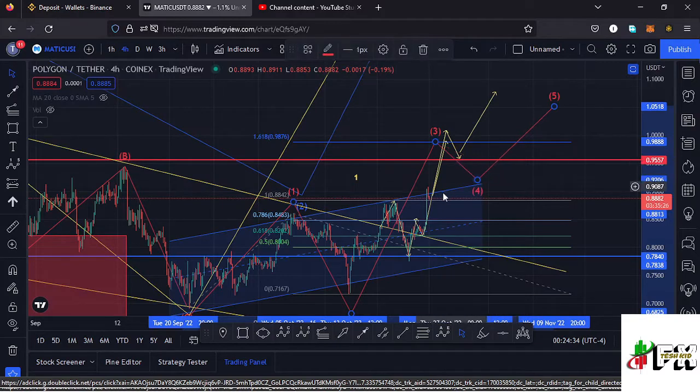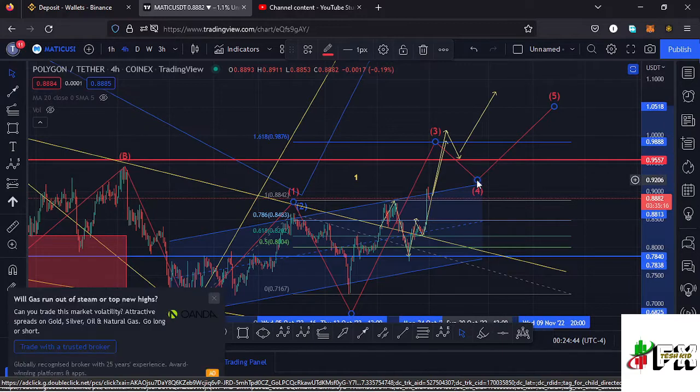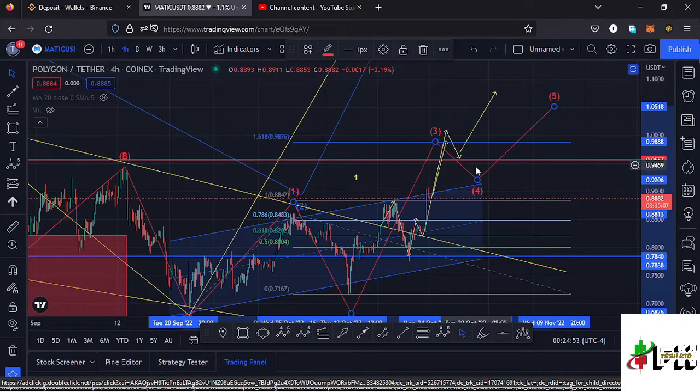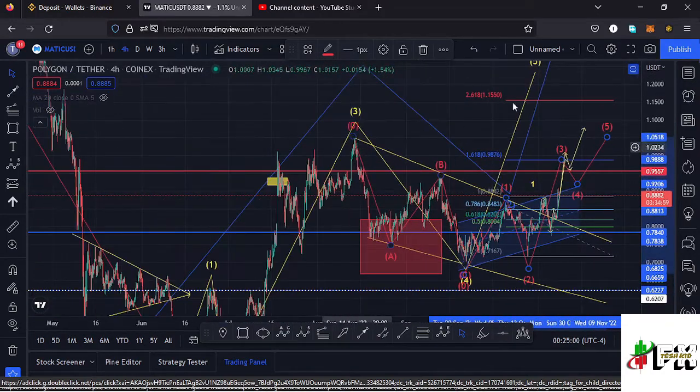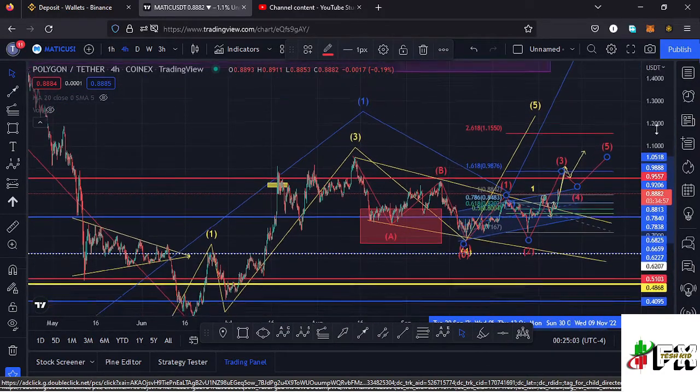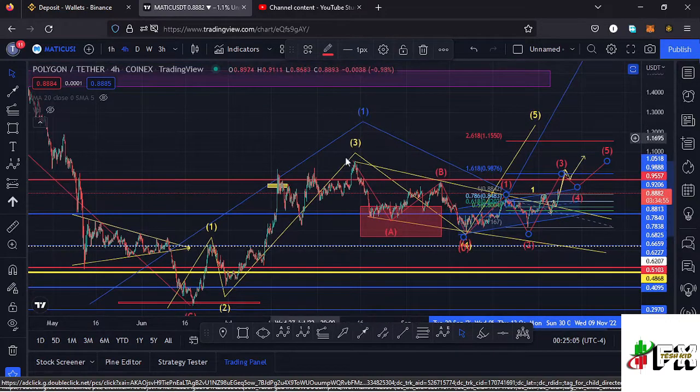$0.987 mark. So in case we continue pushing high and manage to break above the key area of resistance, I would expect us to make a high at around the $0.98 mark in the formation of a third wave, then see a bit of a retracement to the lower side in the formation of a fourth wave, before we continue pushing higher in the formation of a fifth wave to complete that higher Elliot wave count 1, and also sketching out a target area for that higher Elliot wave count 1, which I expect to play out over here using